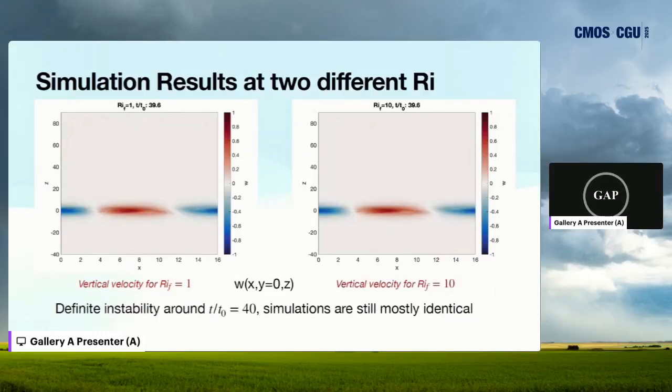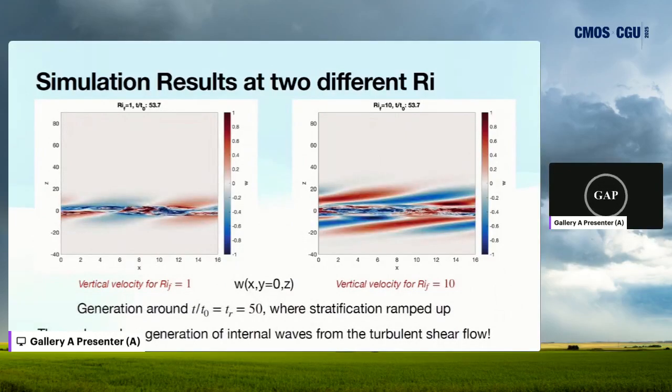As we proceed further in time, we definitely start to see instability around t over t naught equals 40. The simulations are still mostly identical. You can't really see any difference because the stratification right now, which is the difference between the two simulations, has not really kicked in yet. However, as we proceed past that, around t over t naught equals 50, we can clearly